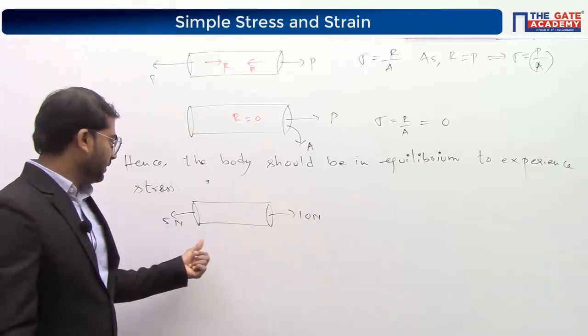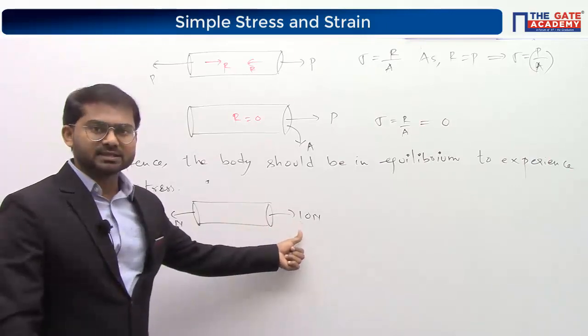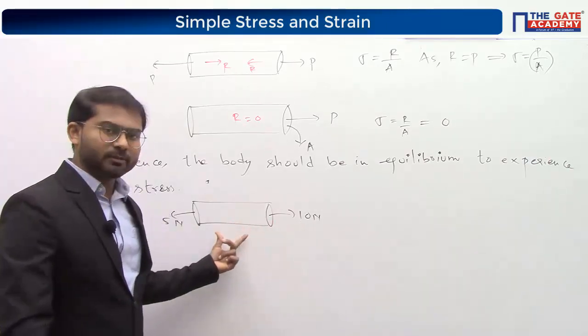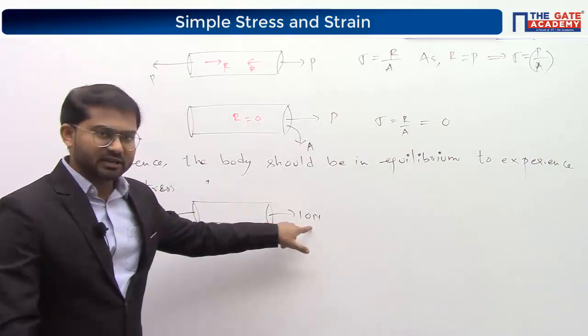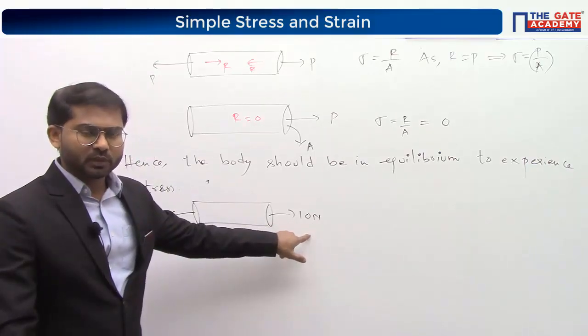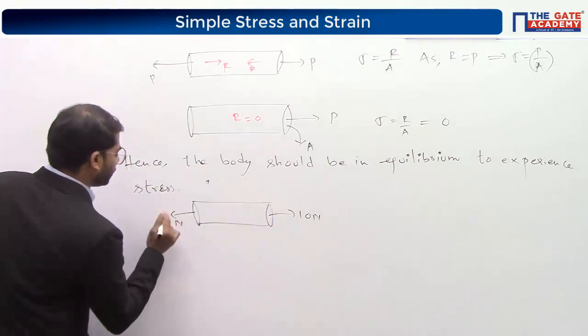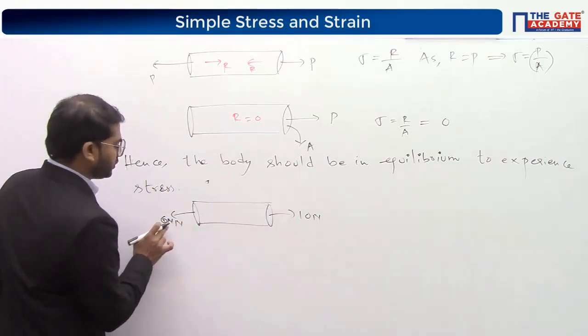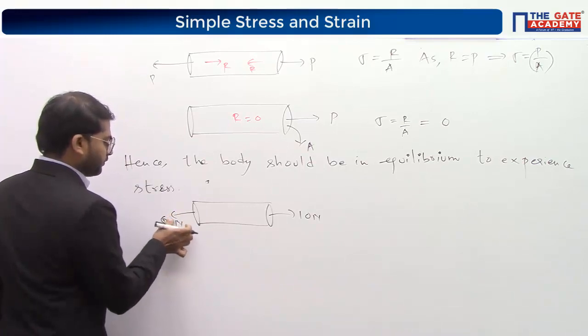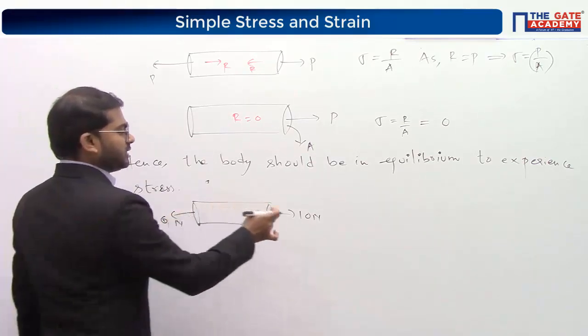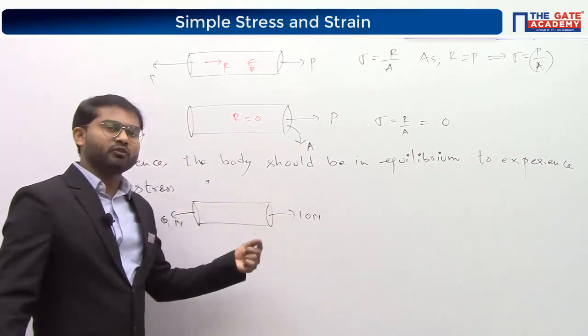The reason is here 5 Newton force is being cancelled out. It is not in equilibrium due to the not cancelled force. Understand? So there is remaining 5 Newton, or let's keep it as 6 Newton here. So stress is produced due to 6 Newton force. It is not in equilibrium due to 4 Newton force.